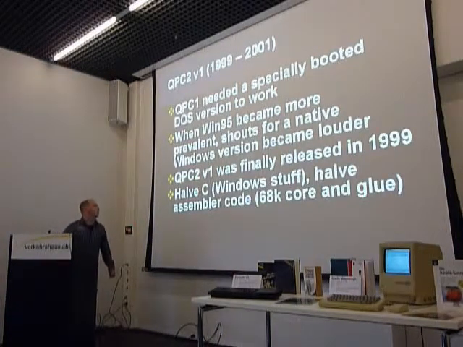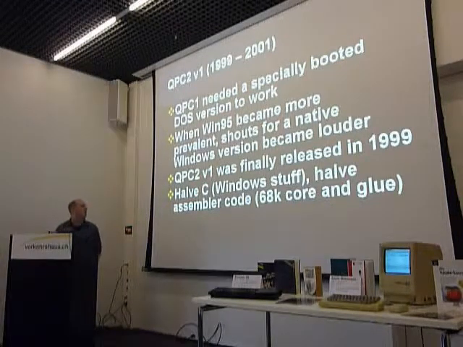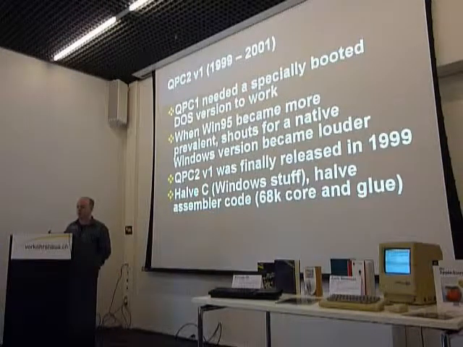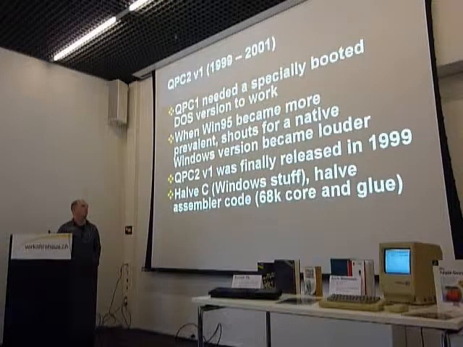Other than the DOS version, half of the version was now written in C. I've never written anything in C before, but it was not that difficult, and the rest is still assembler, so the 6 to 8K core was basically the same, and